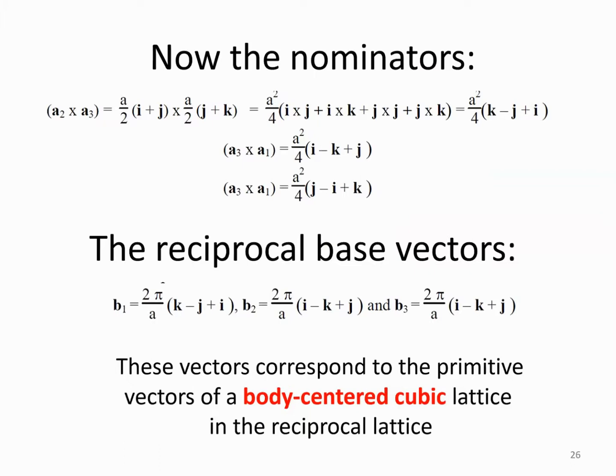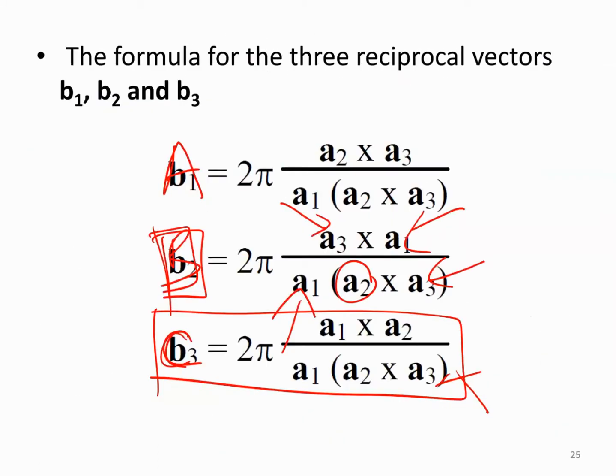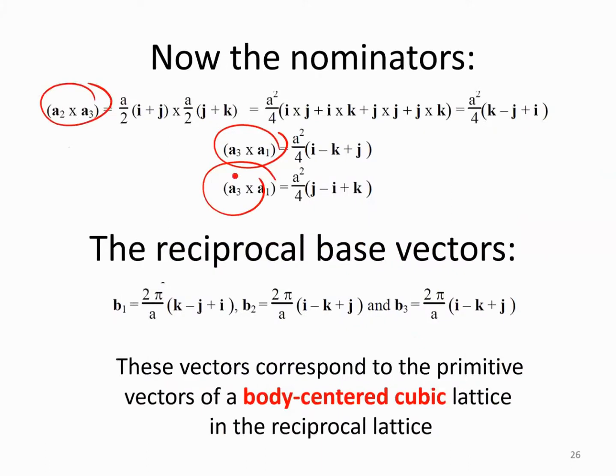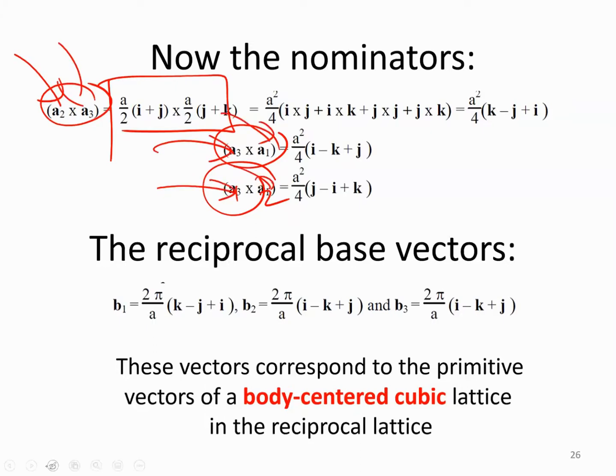Okay? So we have A2 cross product with A3, we get A3 cross product with A1, A3 cross product with... I think this one is a typo error. We have A2 cross product with A3, A3 cross product with A1, and A1 cross product with A2. I think A1 and A2, if not mistaken. Okay, typo error. So same thing, you just solve this one. You just substitute A2 and A3, substitute A3 and A1, substitute A1 and A2, then solve it, you'll get